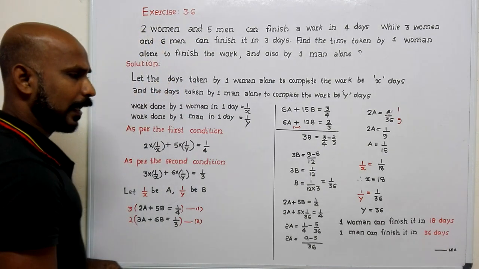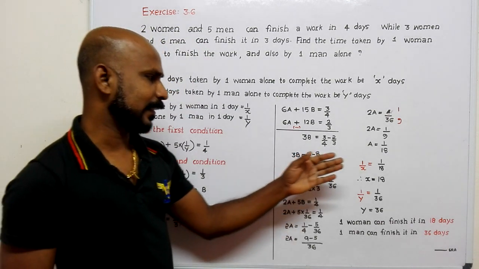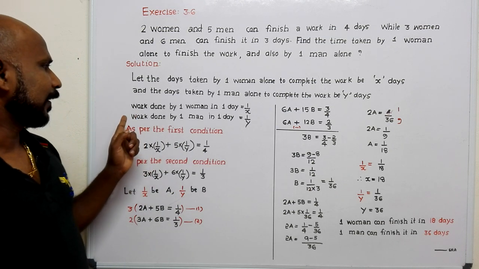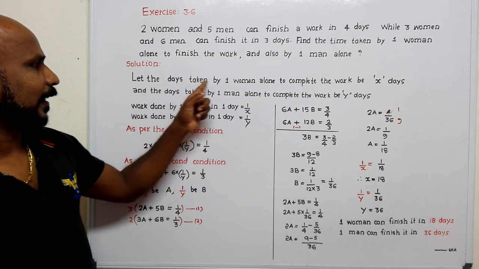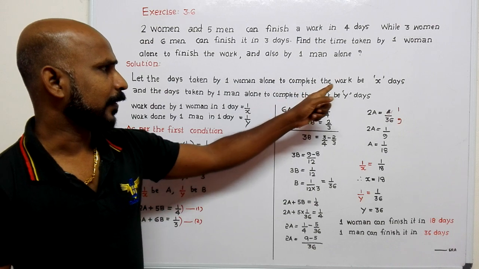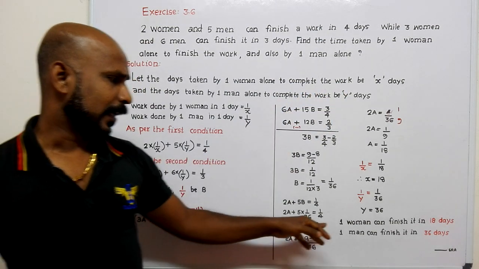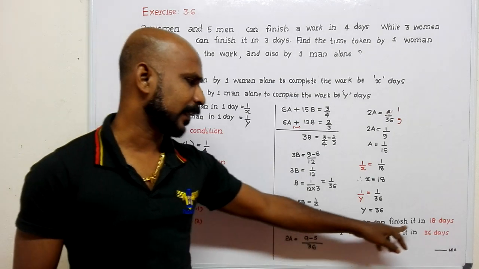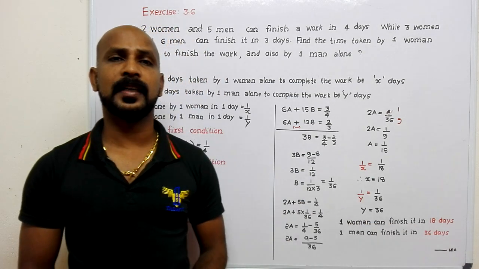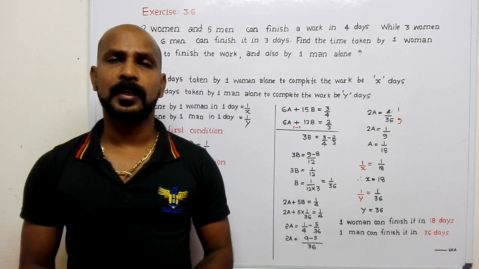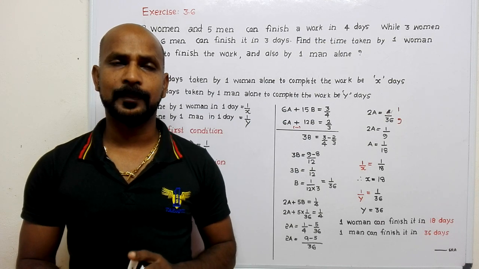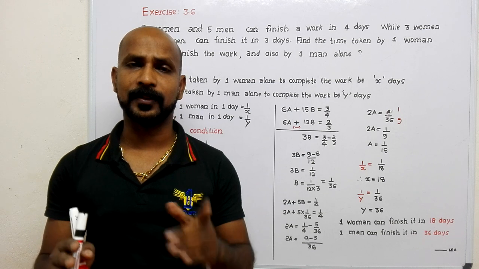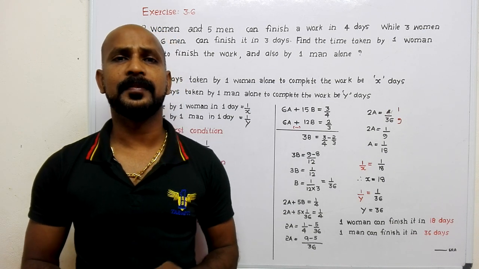Okay. And lastly, what we actually got are x and y. X and y are written here. That is, let x be the days taken by one woman to finish the work. It means a woman can finish the work in 18 days and a man can finish the work in 36 days. This is one of the very important questions, and first of all, we should understand that the work is given group-wise, so we have to convert it to one day, and only then can we finish it. Okay.